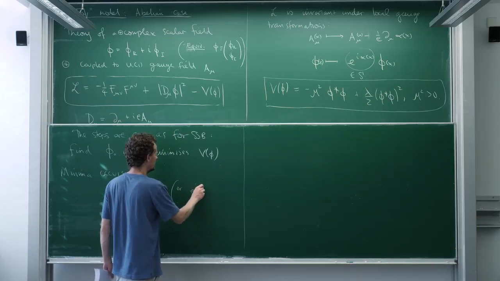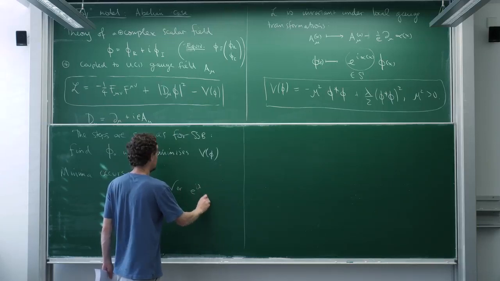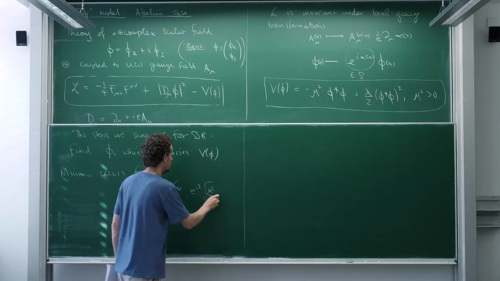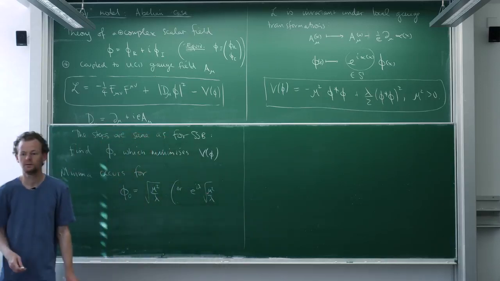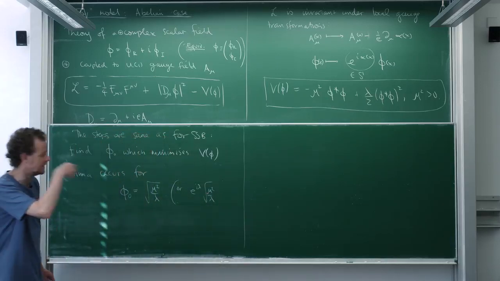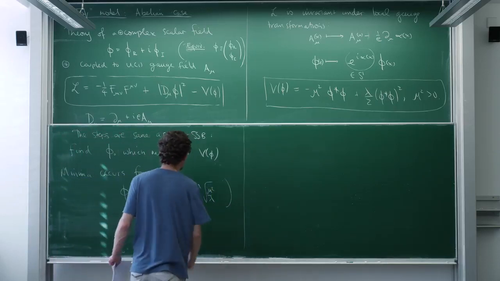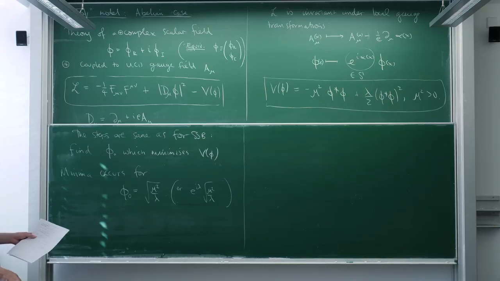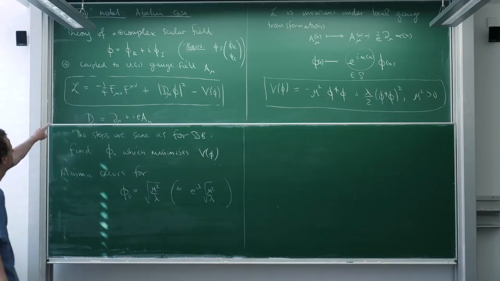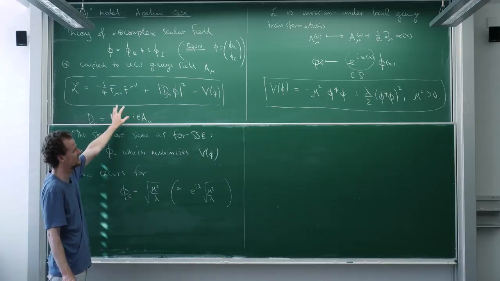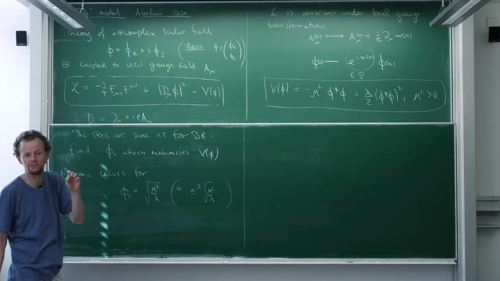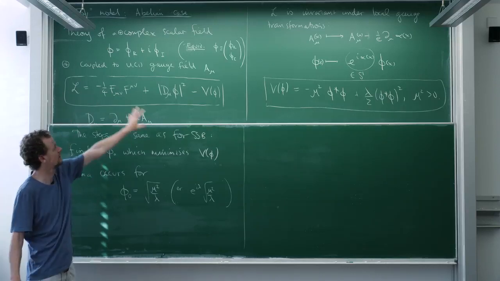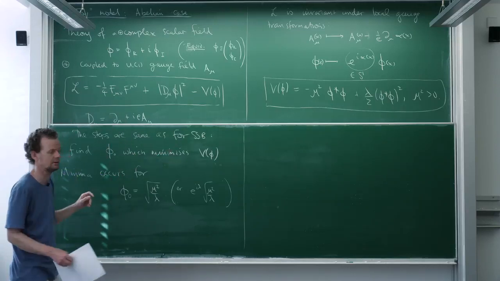You know, we're free to add in any kind of phase that we like, and it will still minimize the potential. So there's this circle of potential minima. I mean, so far, so nothing, right? I've just shown you that there's this classical solution to the equations of motion that corresponds to the classical minima of these nonlinear differential equations. So this is all classical still. I haven't done anything quantum yet. Just classical field theory.